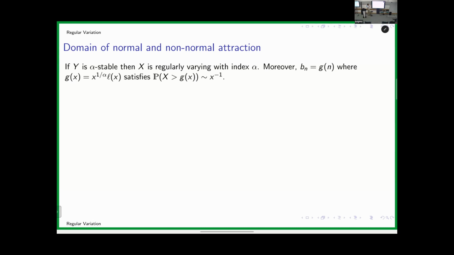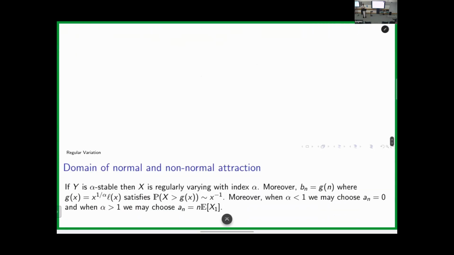How do you work out this slowly varying function f? Well, what it has to satisfy is this relationship here. It's an asymptotic equivalence. So if you have the asymptotic expansion, let's say, of the tails of the random variable X, you somehow need to almost invert this tail. Not exactly invert, because you don't want x on the right side, you want 1 over x. But it's almost inverting it. That's how you need to select the little g. So often, if you know enough information about your random variable X, you can work out what this little g is.